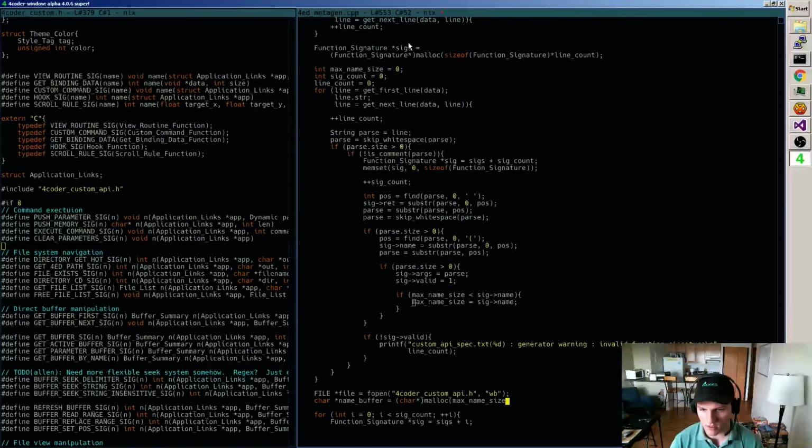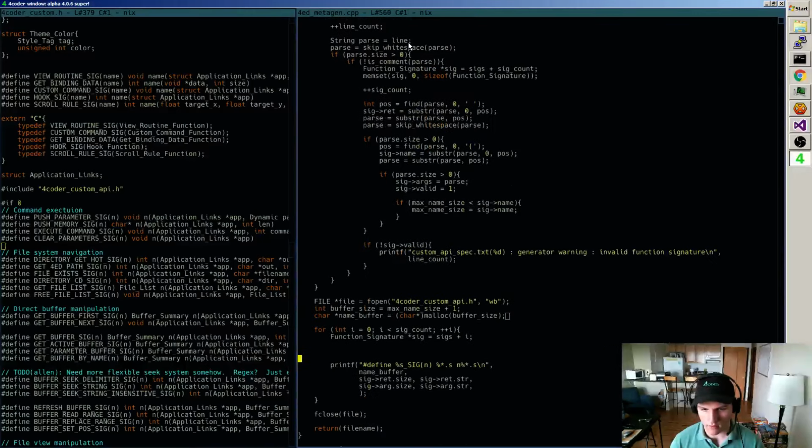Max name size plus 1, name buffer max name size equals 0. Well, let's do it this way. Int buffer size. You gotta get your buffer size right here, and then I can do strncpy. A strncpy is nice and useful.